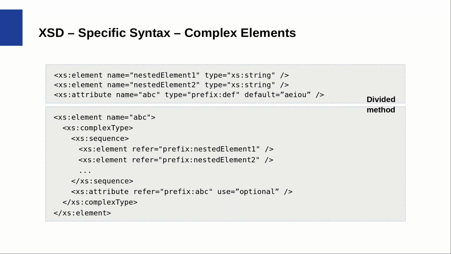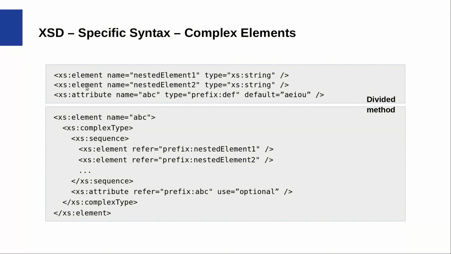So remember that the divided method, its main characteristic is that you declare elements and attributes globally, and then you refer from inside complex elements to those globally declared elements and attributes instead of declaring each element completely inside the complex elements or complex types as in the simple method. So, for example here, globally we are declaring two elements, xs:element,